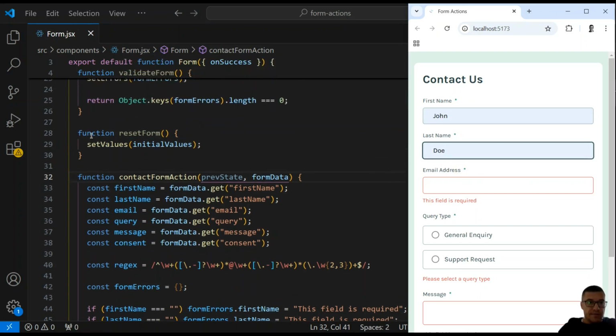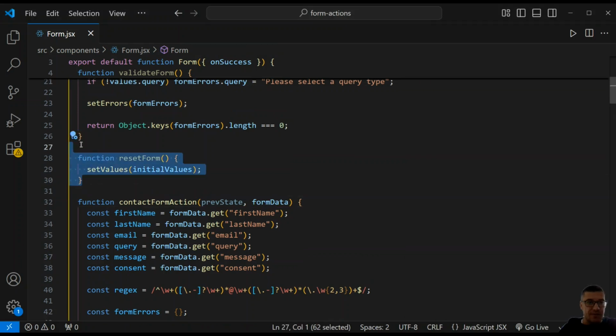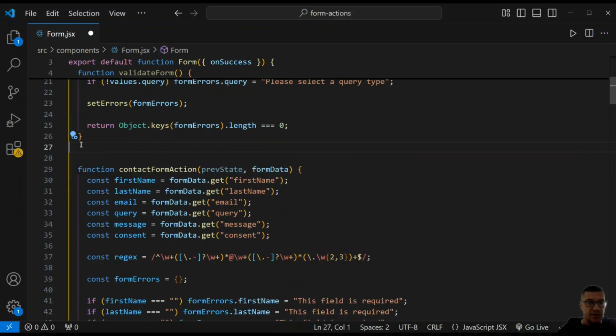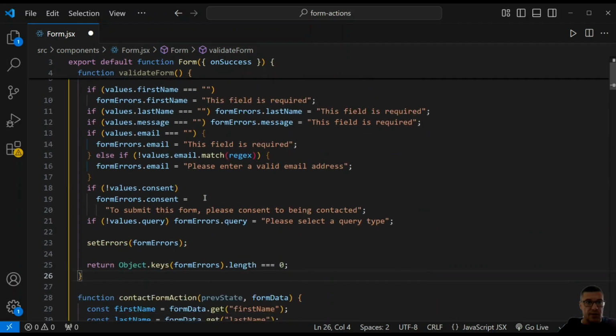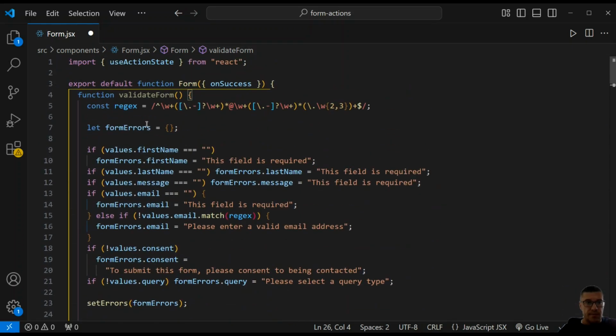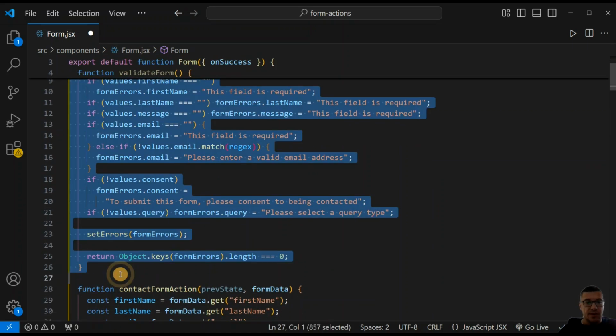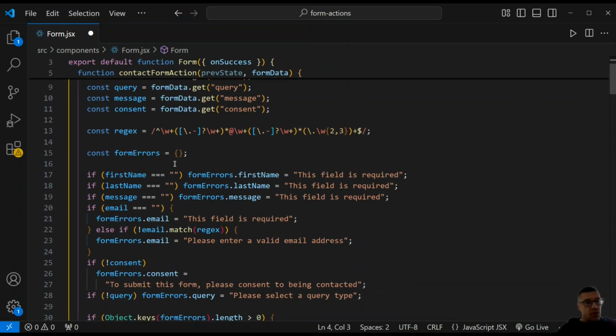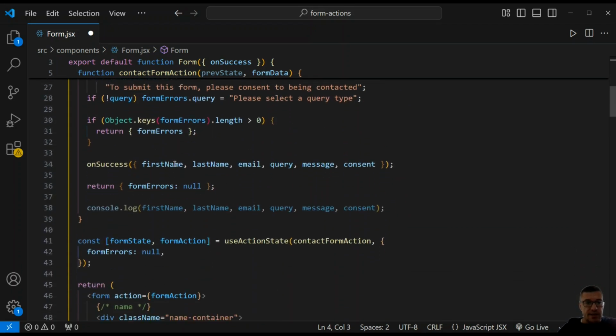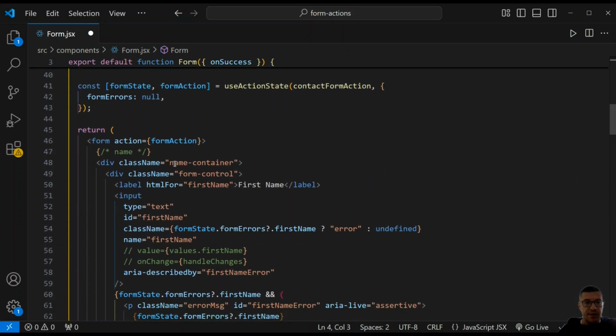Okay, in fact, I can get rid of this reset form function I used earlier. And in fact, I should get rid of this function. I'm not using that function anymore. I have the validation inside my action function. Okay, so in order to prevent that from happening, I should